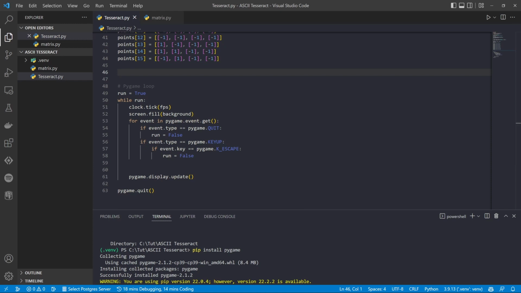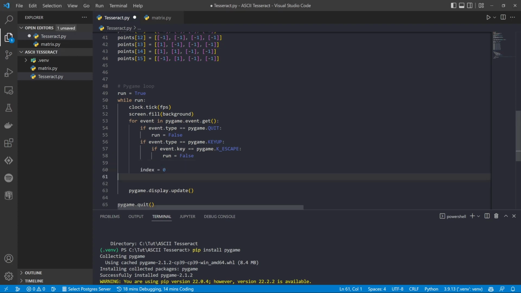And now we get to the mathy bits, I think. Which we won't go into that much depth with, but let's go. We're going to start our indexing from 0, and to go from 4 dimensions to 3 dimensions and 3 dimensions to 2 dimensions, we're going to run some projections, and that's going to happen with some matrix mathematics, with identity matrices, and I am only going to copy paste the ready